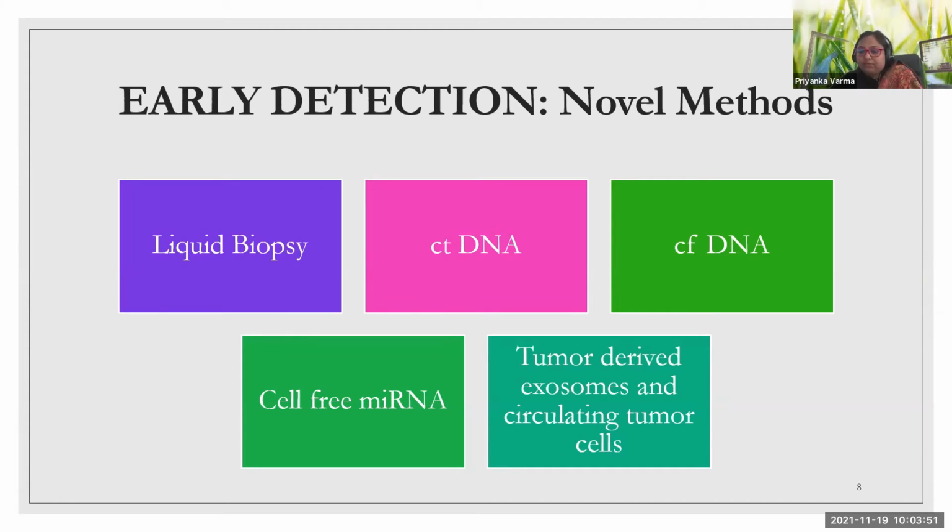Now another category of genetic biomarker, as I mentioned, which is increasingly getting attention for its diagnostic capability, is cell-free microRNA. It was first discovered in cell-free blood plasma and serum. It is mostly found encapsulated in extracellular vesicles like exosomes or microparticles. And then the tumor-derived exosomes and circulating tumor cells both can provide supplemental information about the whole tumor, as well as serve as predictive genetic fingerprints, being the source for several molecular biomarkers like DNA, RNA, microRNA, and proteins.